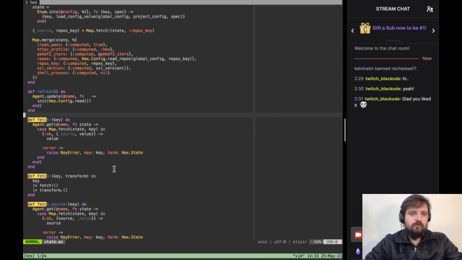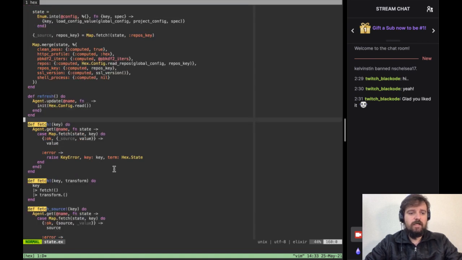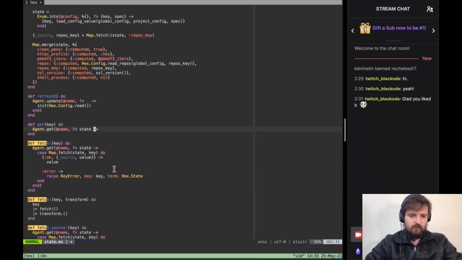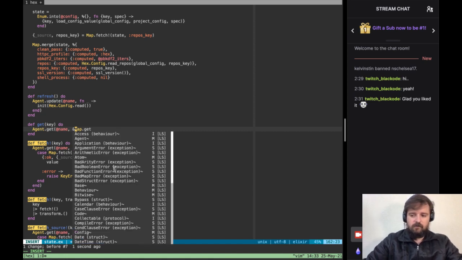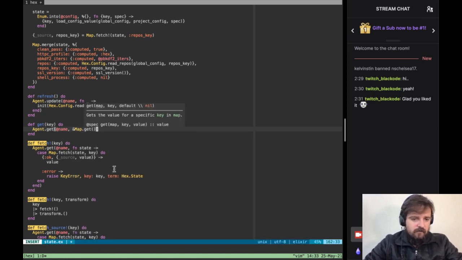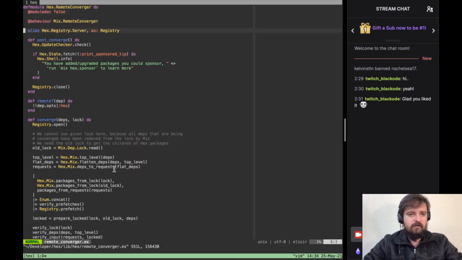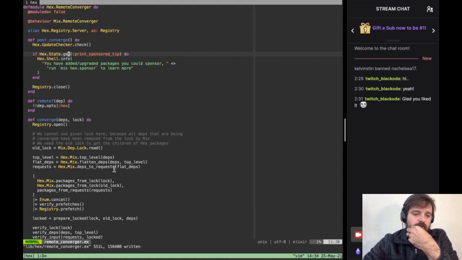And yeah, that's the problem. I searched the hex state module, and there's no get. So I'm going to implement one. What I'm going to do is use the straight up map get, sending the state of the agent and getting the key. That's it. Then in my converger, the place where I added the fetch, instead of using the fetch, I'm going to use the get that I just wrote. I'm suspecting that's probably it